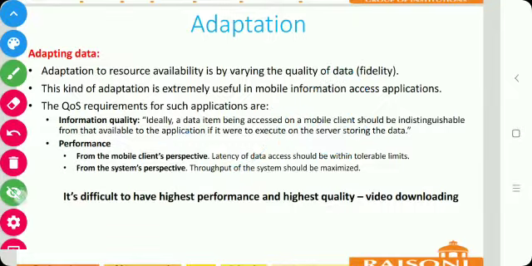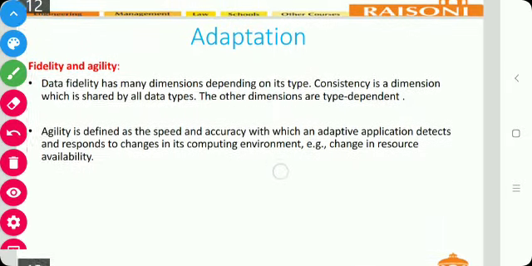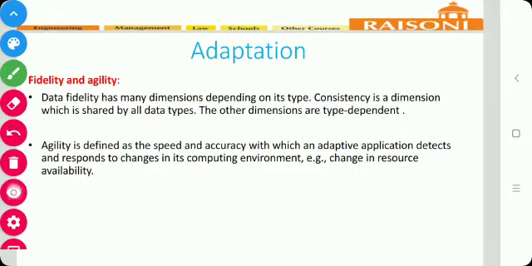Agility is defined as the speed and accuracy with which an adaptive application detects and responds to changes in its computing environment. Means as the resources change, it detects it very fast and makes the adaptation accurately. So this is about the mechanism for adaptation. Okay, so thank you so much.